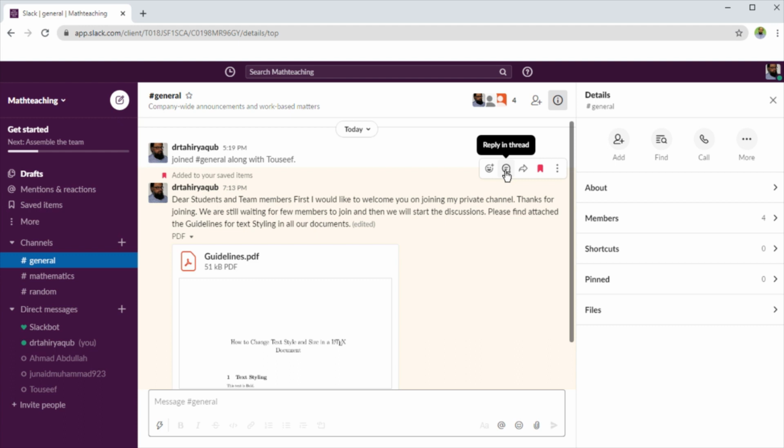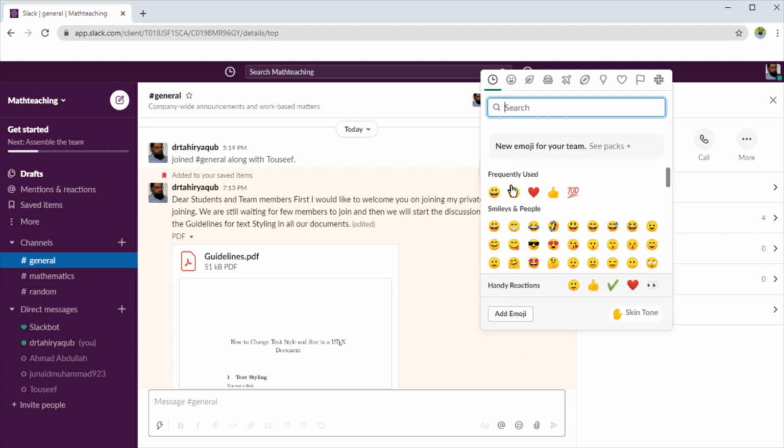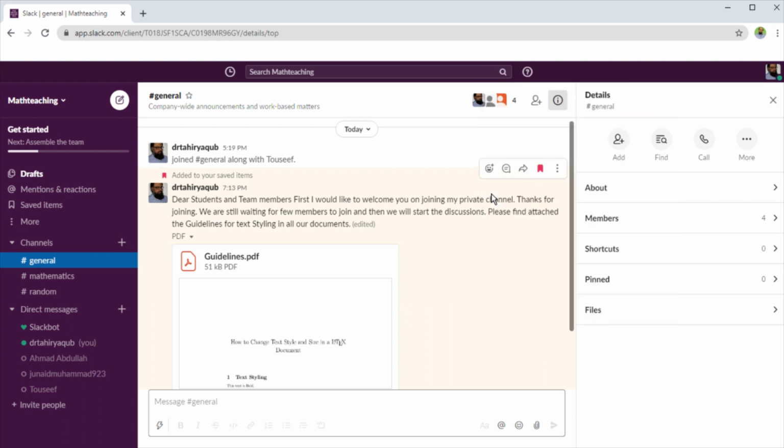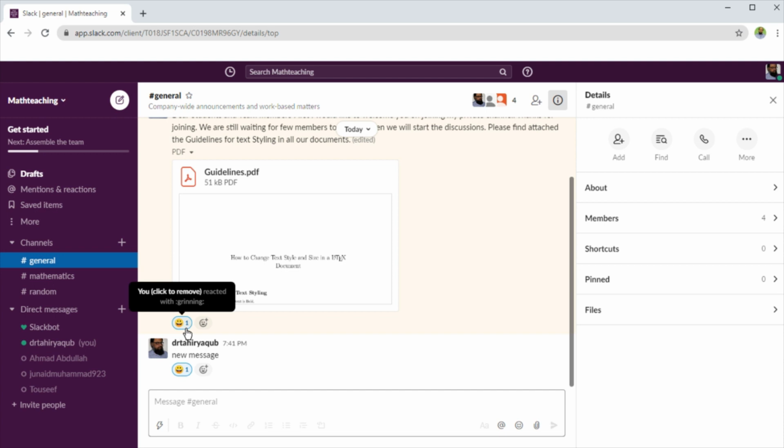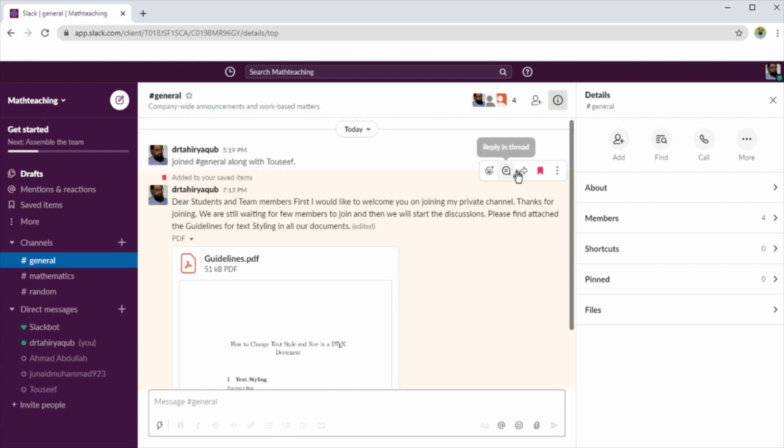So a thread can be started from any message, and in this way we can create a thread. Then there are these reactions, and if I click on that, I can add any of the emojis to my message. As you can see, it has been added. So these are some of the options for deleting, editing messages and these kinds of things.